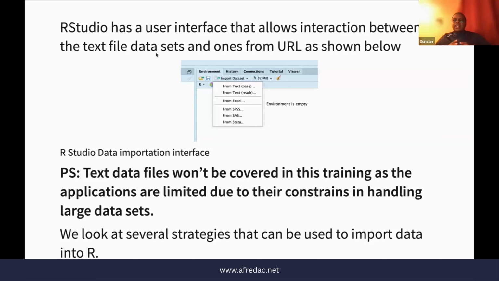That's why it is always recommended or advisable to first of all have this data in a specific format, then you can import it into R and work on it in the R environment. Okay, so these are the strategies that we will look at. How do we import different data formats? Okay. Now,